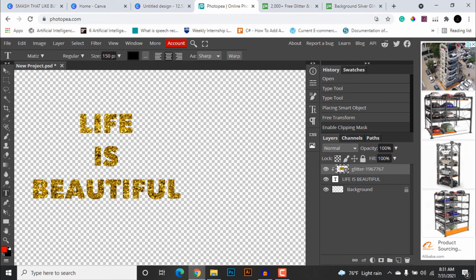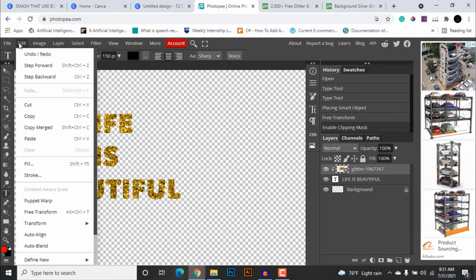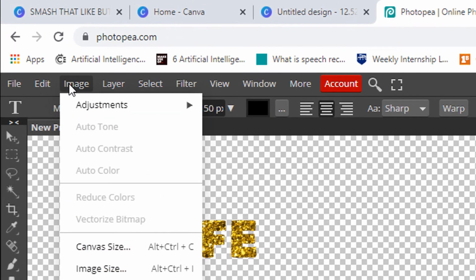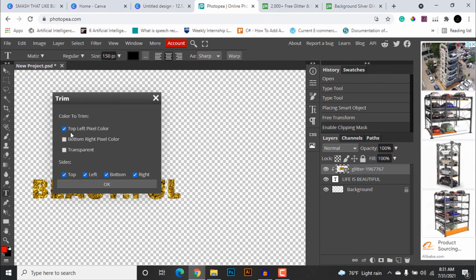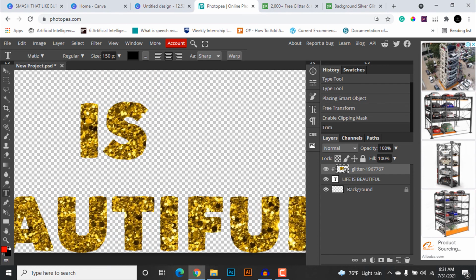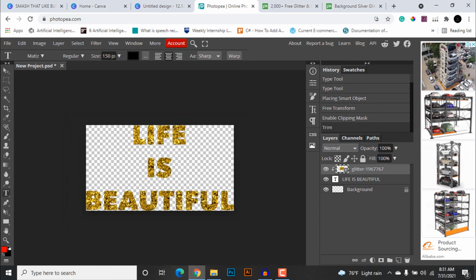So after successfully creating this glitter, click this edit, click this image tab here, and you are going to trim this image. After you hit OK, you are only left with the text and all other background is trimmed.